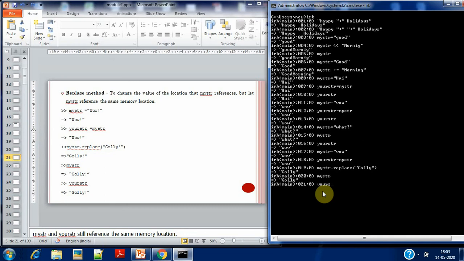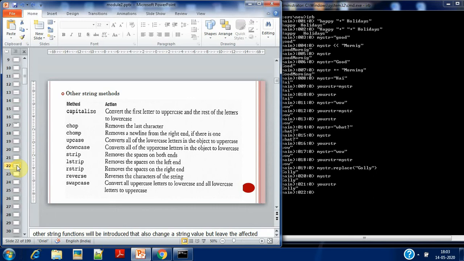Also check the data that is there in your str. In your str also it has been changed to Goli. In the previous case it was not like that, but here we have gone for replace. So in both my str and your str you have the same value. Okay, that is about your replace method.